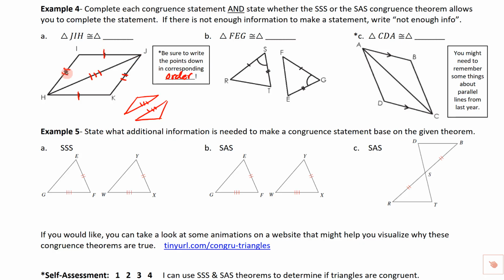So we need to do the same thing on this one. So we're going to need to do H. There's 1 hatch mark and 2 hatch marks. So we're going to need to do HKJ. So we're going to do HK, HK, make that look right,